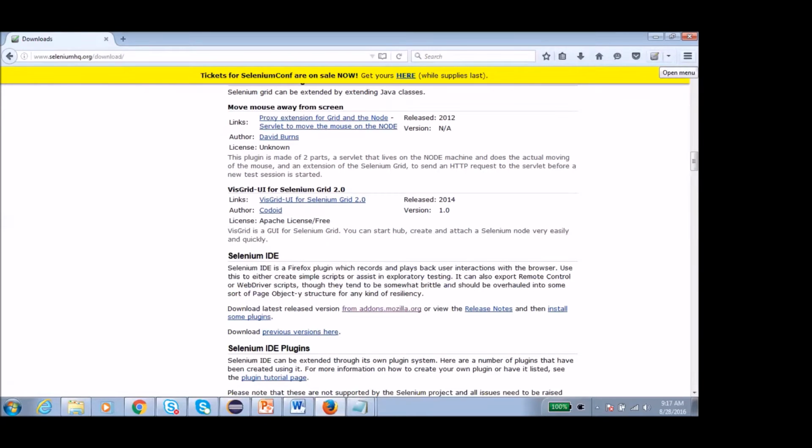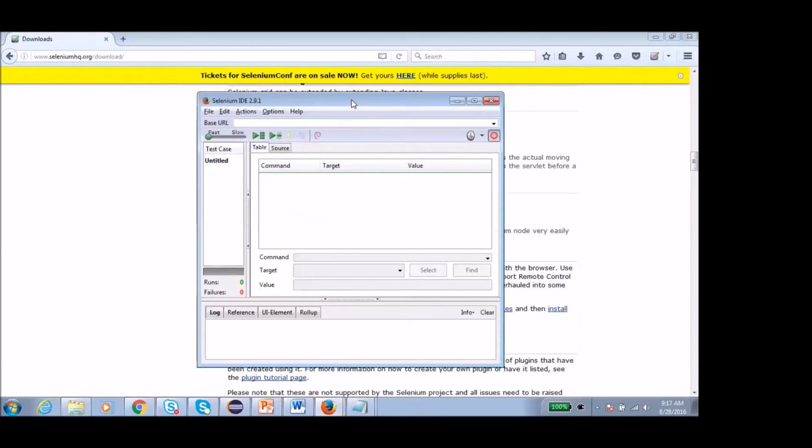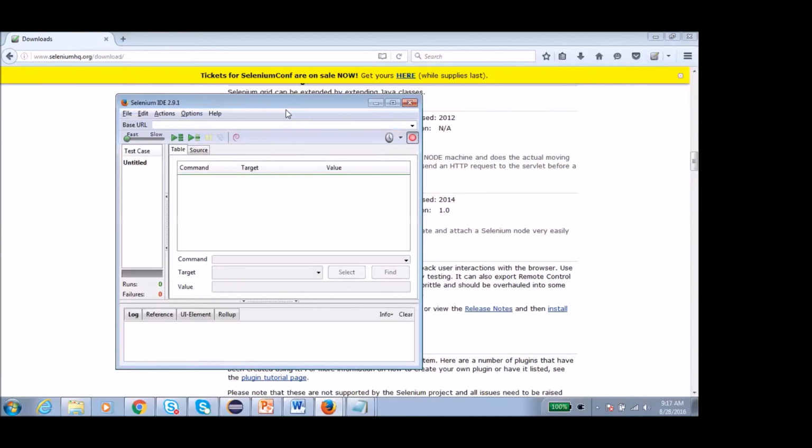If it is not coming, we can change the settings so that it comes into the menu bar. Then when we click on the arrow button, it will show two different options. The first option is open Selenium IDE as a pop-up, and the second option is open Selenium IDE as a sidebar. So we have two ways to open Selenium IDE. I'm going with the first way. This is Selenium IDE, a different window from Firefox. When we open it in the sidebar, it will attach to the browser itself.